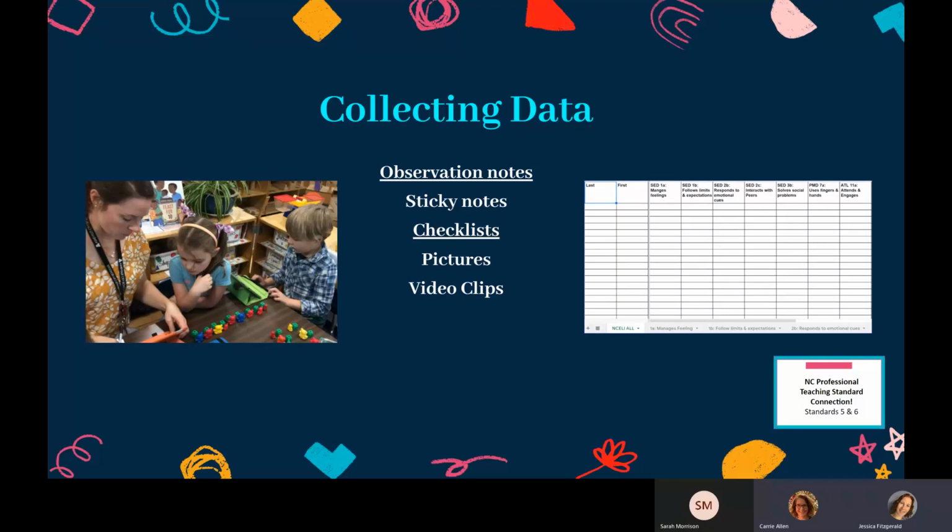Taking pictures on your phone is another way to collect data. The only thing you will have to do is to ensure you remember the conversation or what you are observing. So combining photos with sticky notes may be a good combination. Sometimes a video clip will show you something that the picture won't.